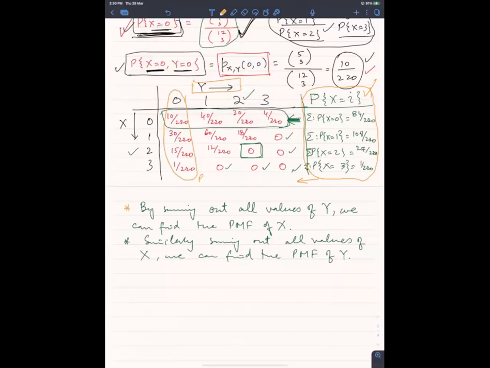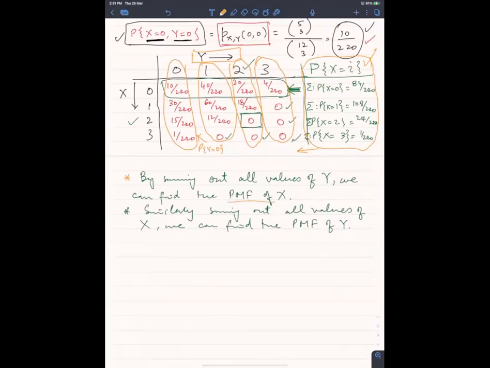This is probability y is equal to 0, right? ये आपके पास आ जाएगी. And this is probability y is equal to 1, y is equal to 3, y is equal to 2. ये सारी आपके पास probabilities आ जाएंगी. Okay. Now